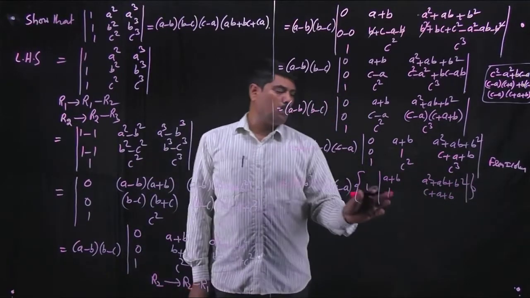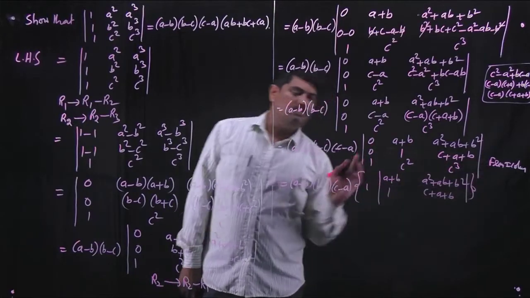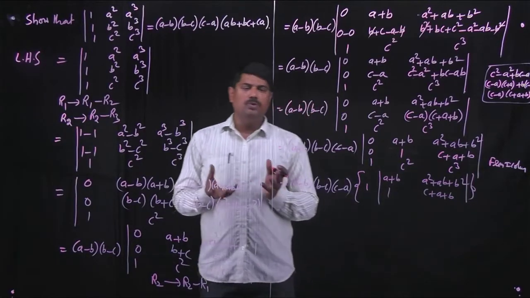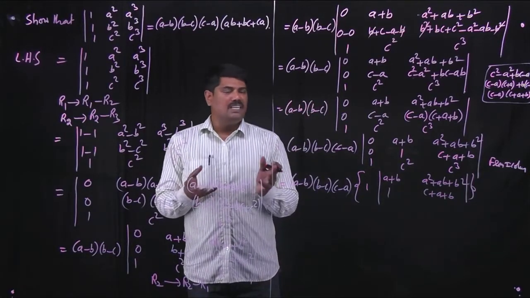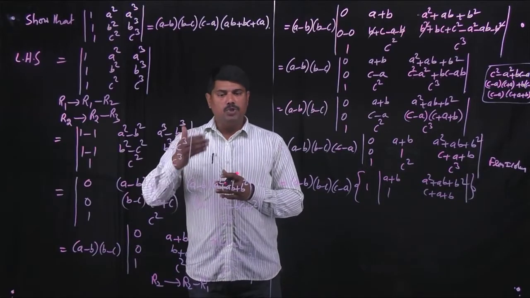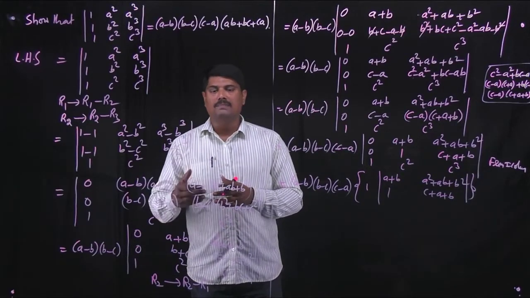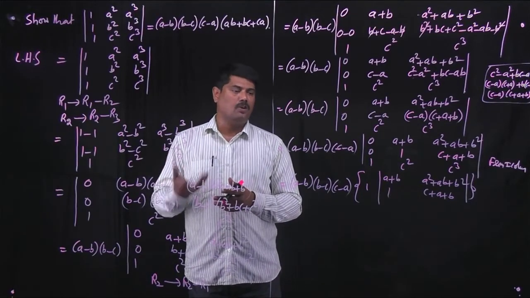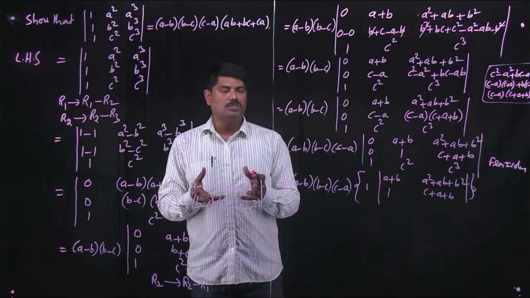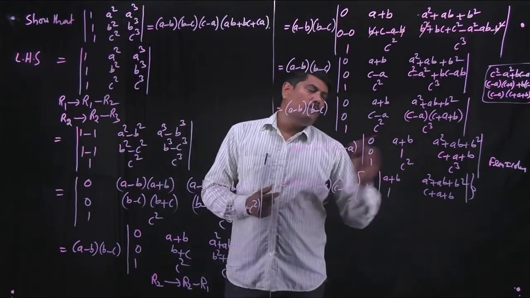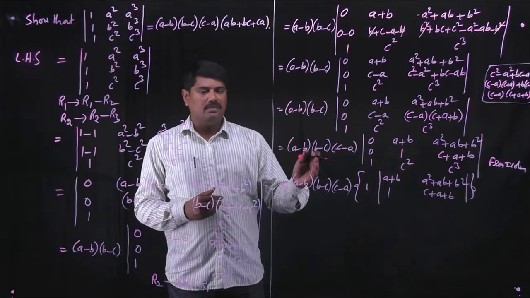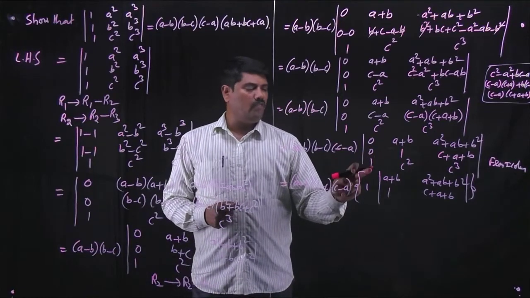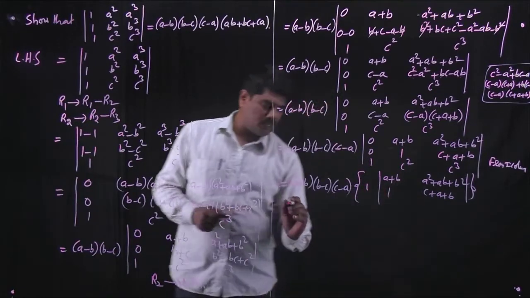Here you have to observe this point. I am expanding from the first column because there are two zeros in the first column. It is a point you have to remember. Whenever finding the determinant of a matrix, if two zeros are present in a row or column, it is easy to find its determinant by using that row expansion or column expansion. So make two zeros and then find the product of the third element with its cofactor. The cofactor sign is important here. Actually the cofactor sign is positive, so 1 into that.